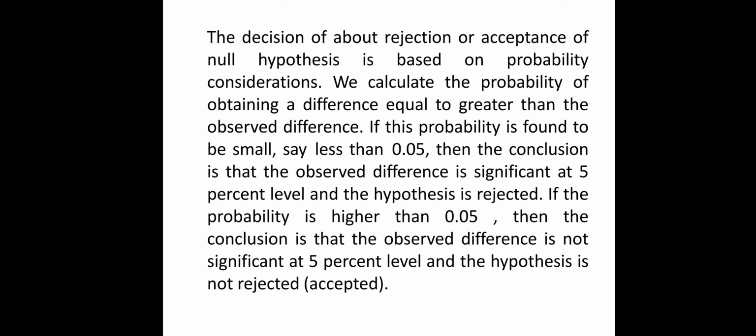If this probability is found to be small, say less than 0.05, then the conclusion is that the observed difference is significant at 5% level of significance and the hypothesis is rejected. So if the probability is higher than 0.05, then the conclusion is that the observed difference is not significant at 5% level of significance and the hypothesis is not rejected. Okay, so this 0.05 is the level of significance, the significance level,